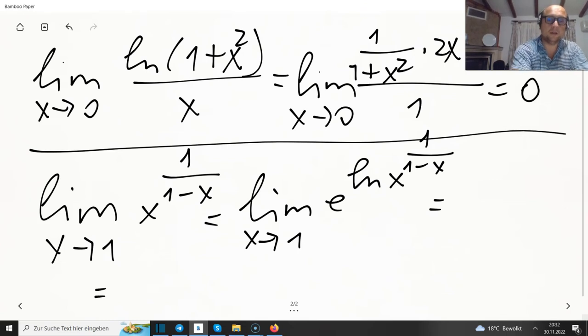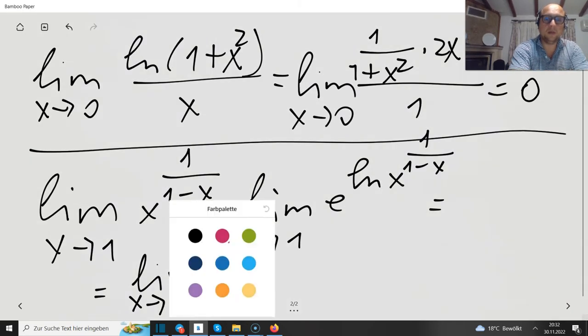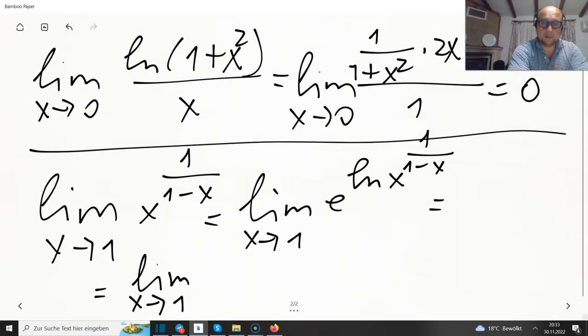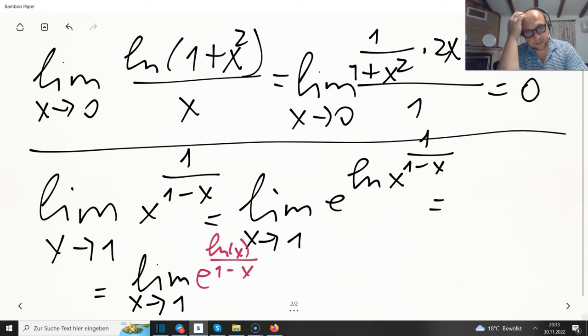So let's write it as the limit x towards 1 of e to the power of ln of x divided over 1 minus x. And once again, we are now approaching 1. The numerator is approaching 0. The denominator is approaching 0 as well, since 1 minus 1 is 0. So we would like to compute actually